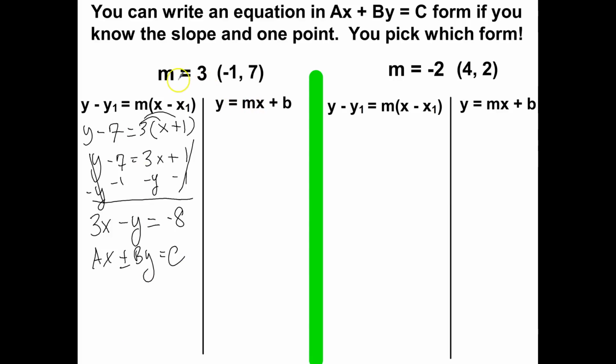So that's point-slope form. If I use slope-intercept form, that is my x, this is my y. Okay, so I get 7 is equal to 3x plus